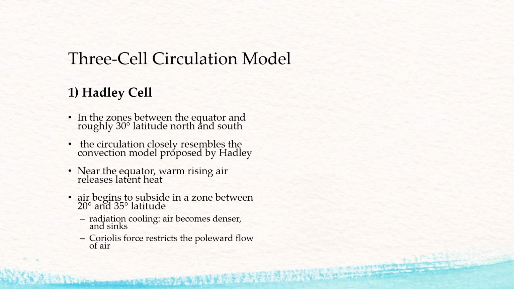That's why it's still called the Hadley cell. Remember that the Coriolis force becomes stronger with increasing distance from the equator, as in the previous lecture. Because of this, the Coriolis force is stronger poleward, causing the poleward moving upper air